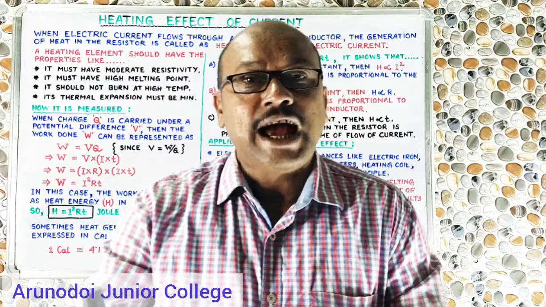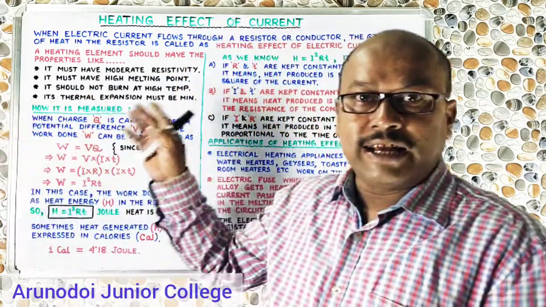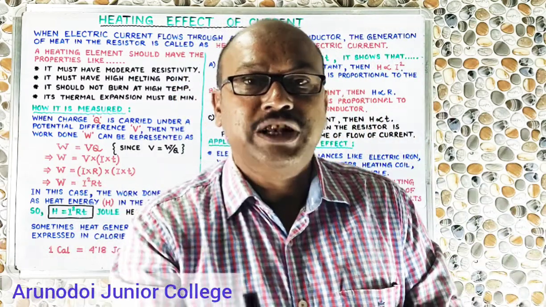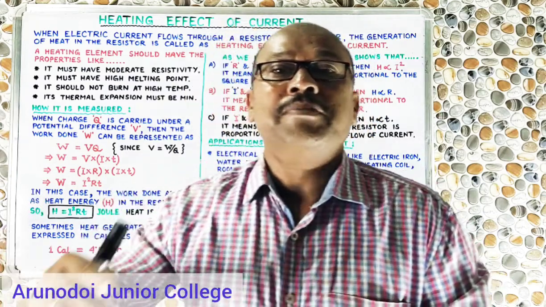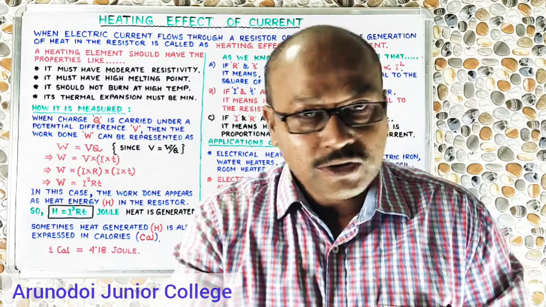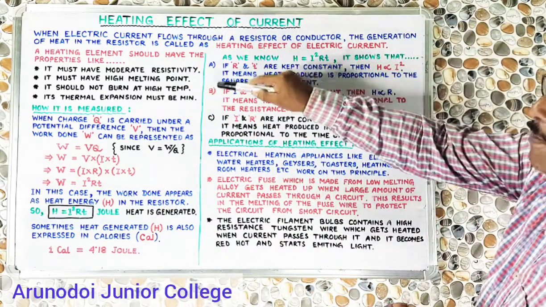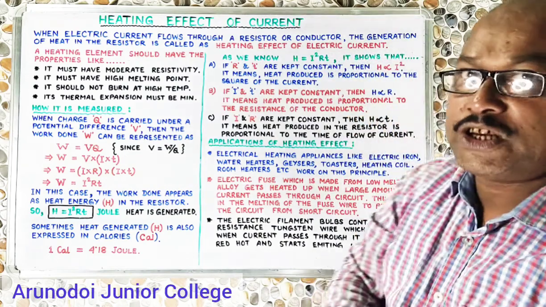If we increase the time by 2 times by keeping current and resistance constant, then heat generated also will increase 2 times. Similarly, if we increase the time by 3 times, heat generated also will increase by 3 times. So these are the 3 observations A, B and C we are getting from this equation H is equal to